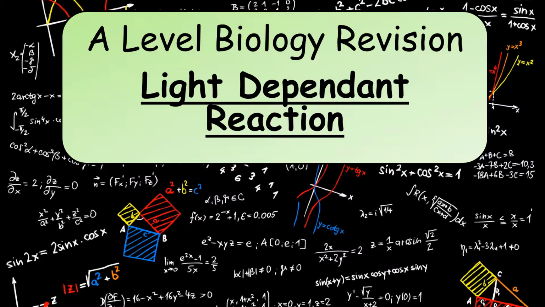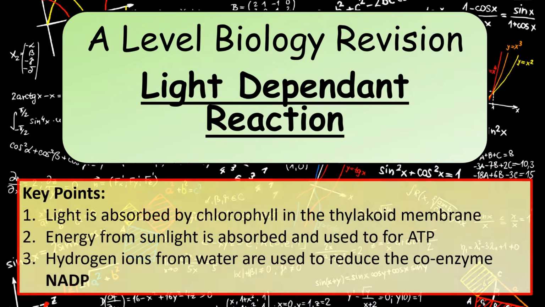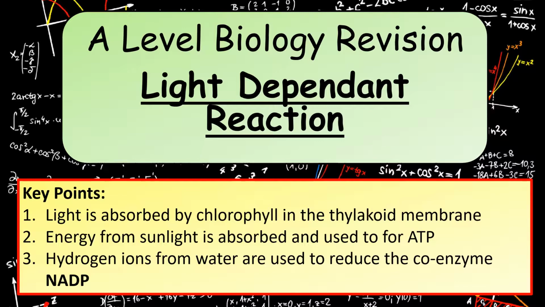In this video, we're going to be looking at the light-dependent reaction during photosynthesis. There are three key points to bear in mind when we're looking at this reaction in general. The first is that light is absorbed by chlorophyll that is found in the thylakoid membrane. Energy from the sunlight absorbed is used to form ATP, and hydrogen ions from water are used to reduce the